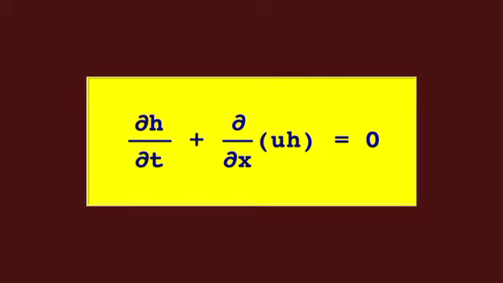Kinematic waves are governed by the equation of water continuity and a simplified equation of motion that considers only gravitational and frictional forces. The equation of water continuity is, in which u is the mean velocity and h is the flow depth. In terms of discharge and flow area, the equation of water continuity is